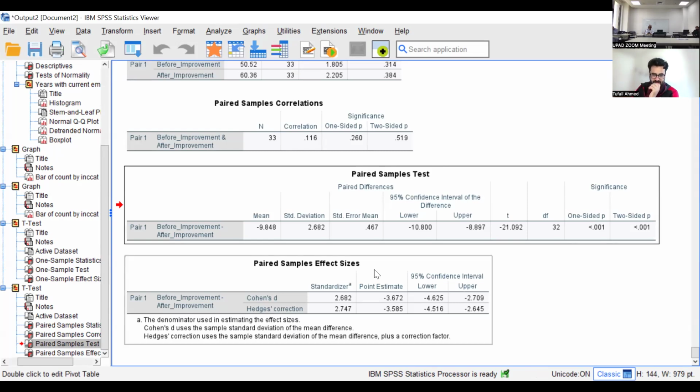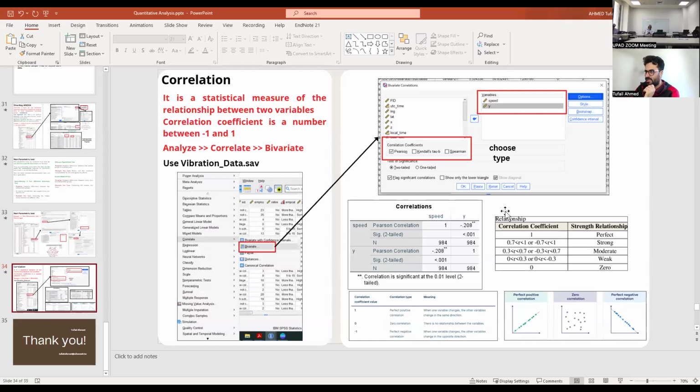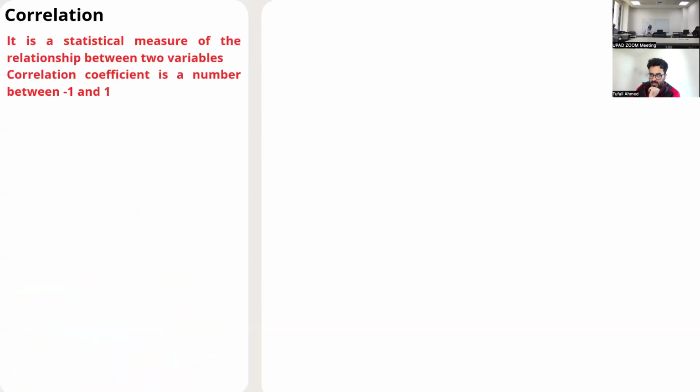Now the last part I'm coming towards is correlation. Basically, what correlation does is, if we want to check if there is any relationship, a statistical relationship between two variables, we can have a very strong correlation, a very weak correlation, or no correlation.